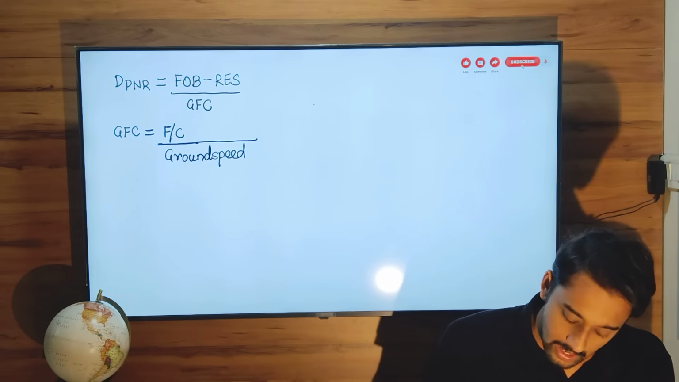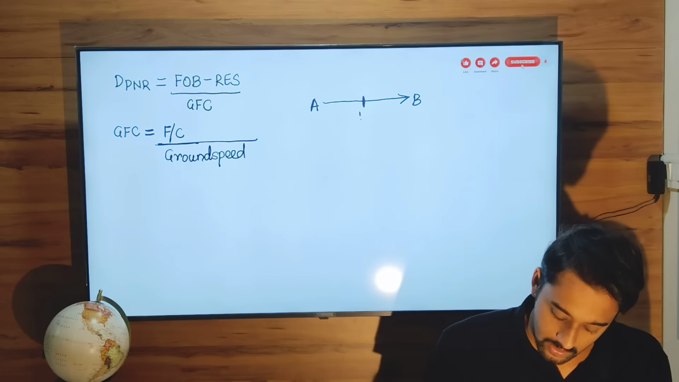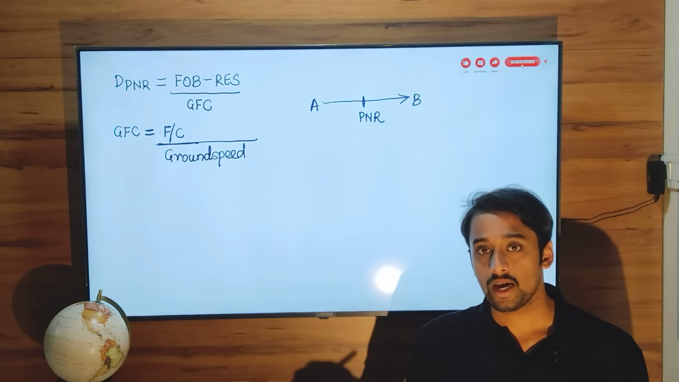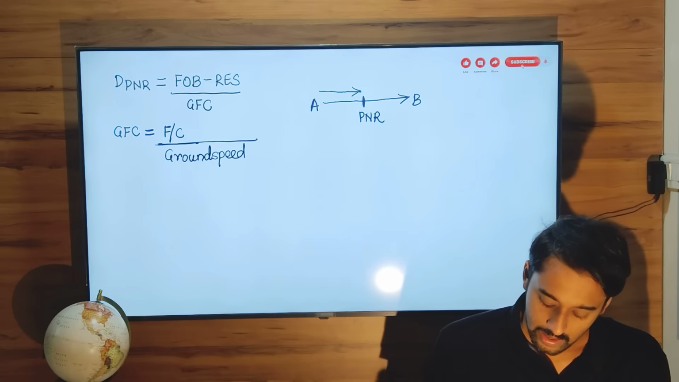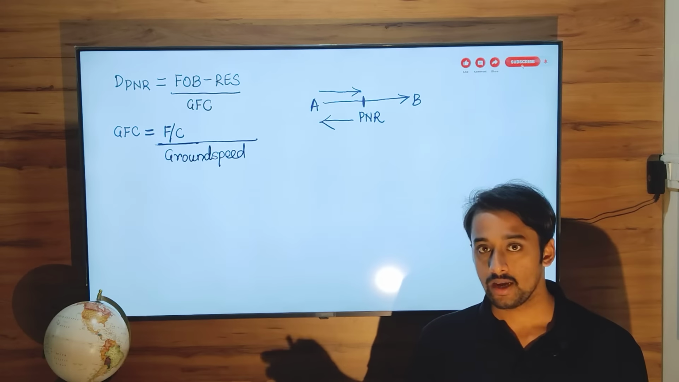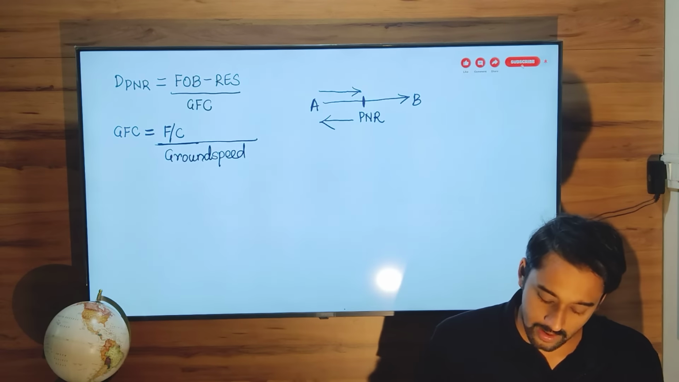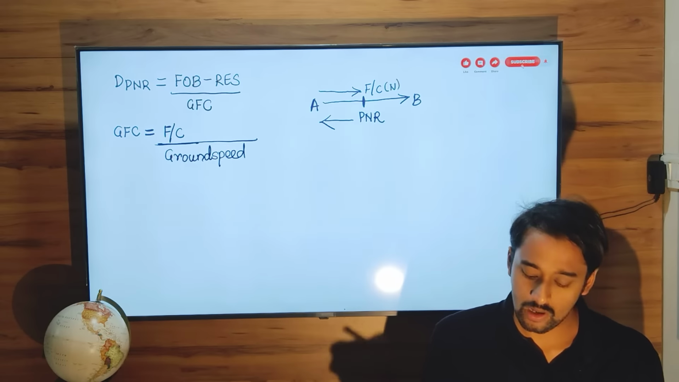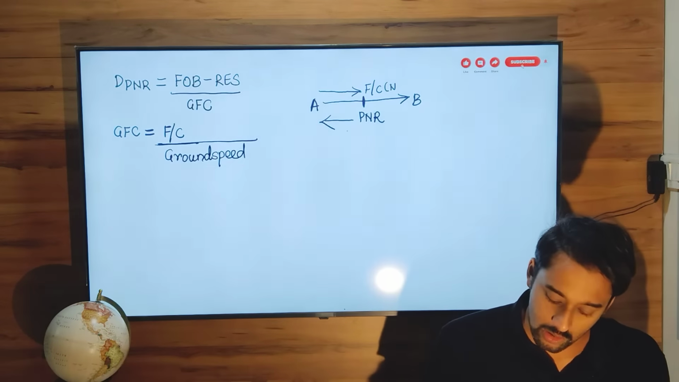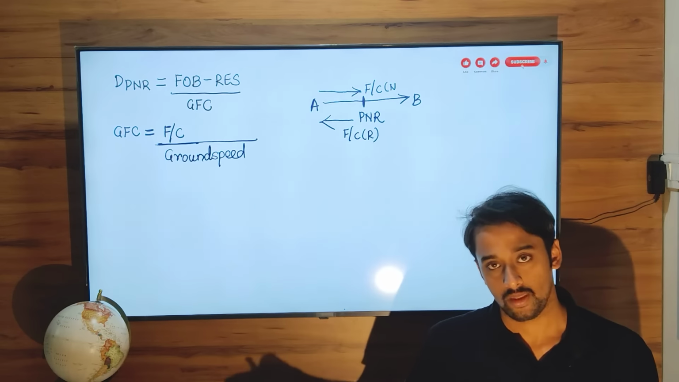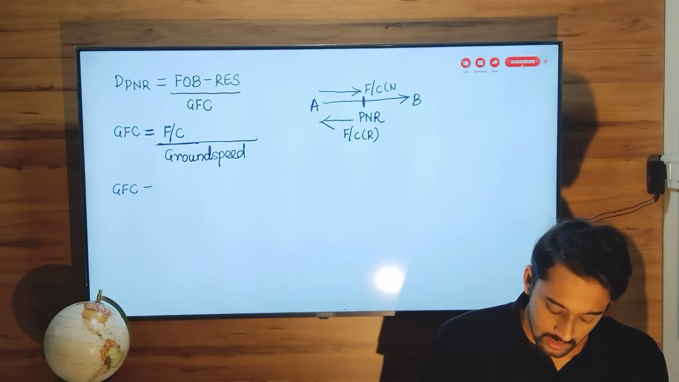Now you are going from A to B. This is PNR. So you will go to PNR and you will come back from PNR. You will go to PNR at a particular fuel consumption rate. While going towards PNR, when all your engines are working fine, you will have a fuel consumption of normal rate. When coming back due to engine failure, it will reduce and it will become fuel consumption reduced. So in order to calculate gross fuel consumption, it will be equal to